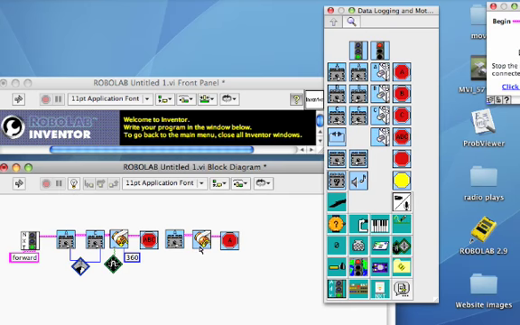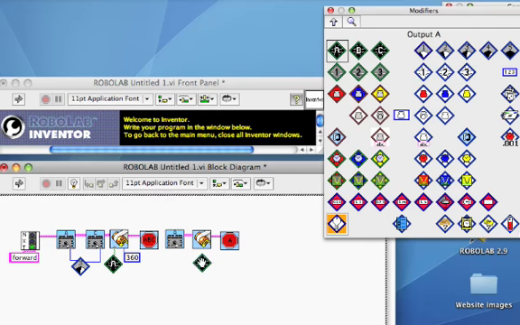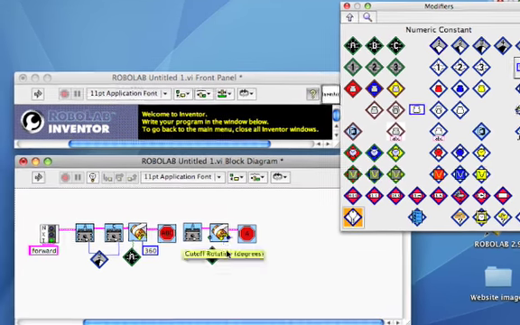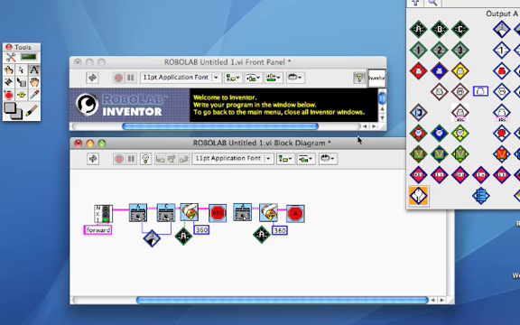Now I need modifiers for my wait for rotations icon, so I'm going to find them here. I'm going to bring the motor A icon down here, and I'm going to bring a number here. Now the number, I'm going to type it in now. The way I can type it in is I can either type it in now while the number is highlighted in light blue, or I can change to the text tool and then double click, and I'm able to highlight that text. So I'm going to type in 360 degrees. As before, that 360 degrees may not be right. We'll have to run the robot and see how that number turns out, if that's the right amount of rotations